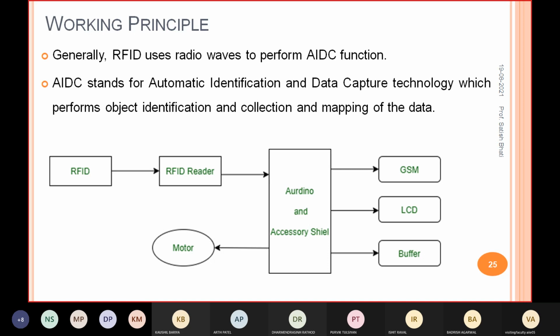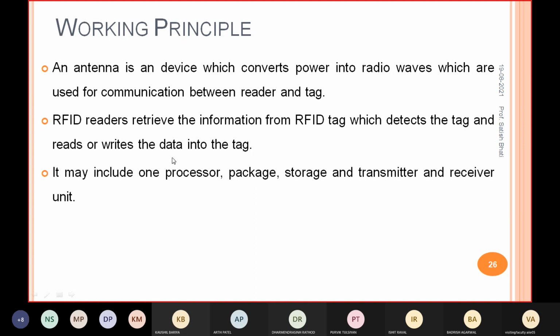If the product does not reach from one point to another point, it will send a command to the conveyor belt system, where we use the motor. It may stop the motor, or it may increase the speed of the motor. Then the buffer means you will use this data for further processing. This way the RFID system will work.